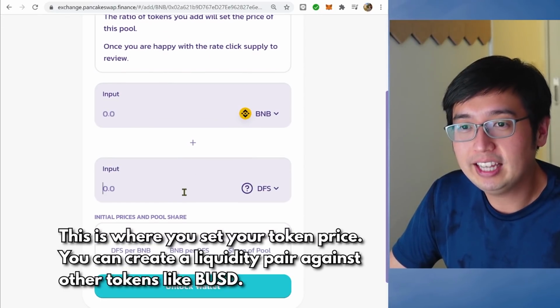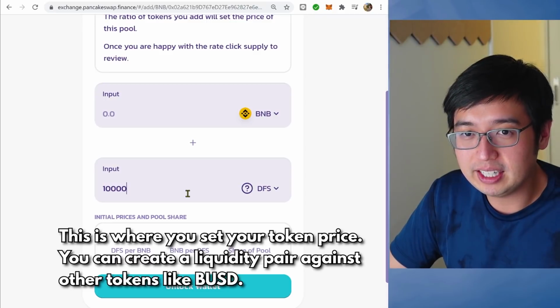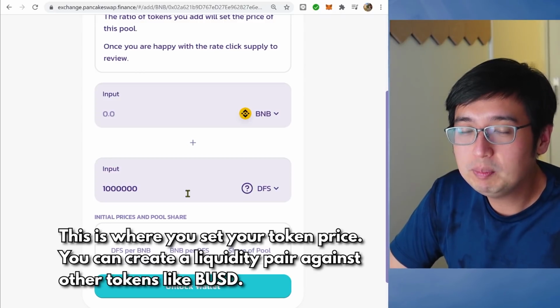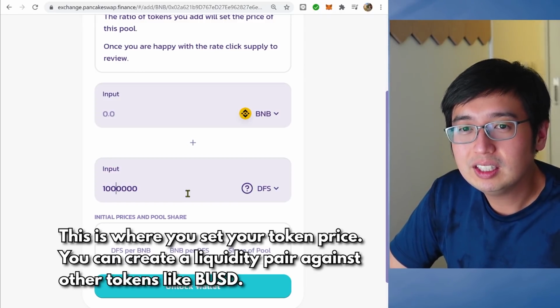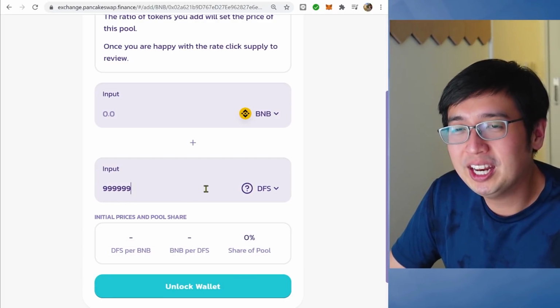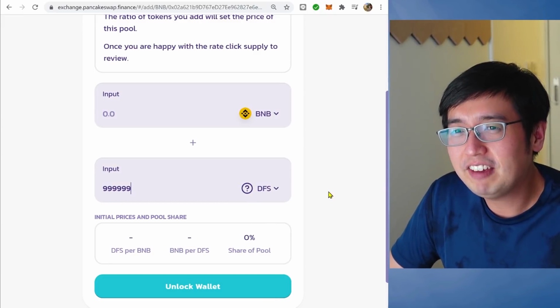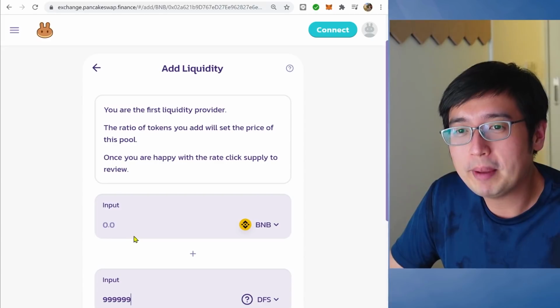So I'm going to add 1 million Dan fans. Let me at least have 999,999. So I'm going to add 999,999 Dan fans of liquidity into PancakeSwap.